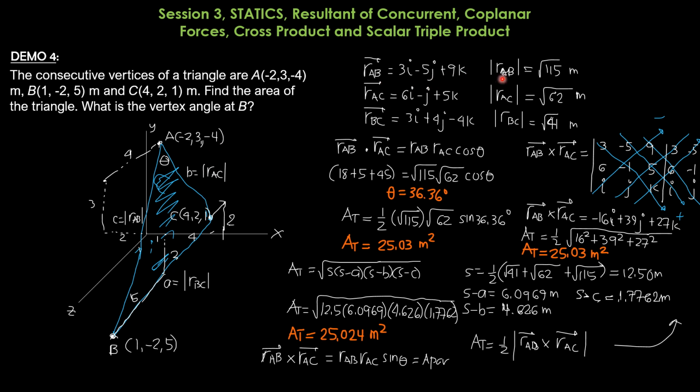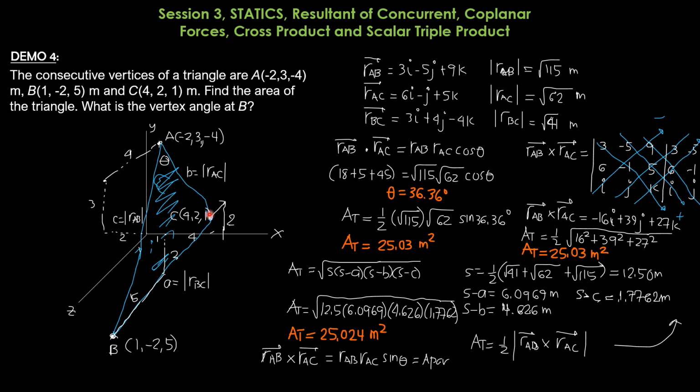The magnitude of RAB is square root of 3 square plus 5 square plus 9 square, square root of 115 meters. For RAC, A to C, 4 minus negative 2, so 6i, 2 minus 3, negative 1j, then 1 minus negative 4, 5k. Then the magnitude is square root of 6 square plus 1 square plus 5 square, that is square root of 62